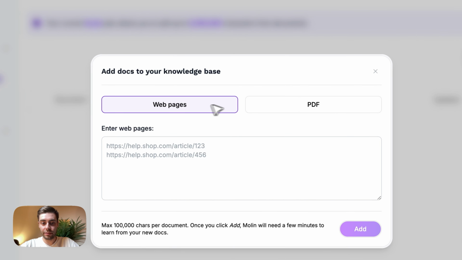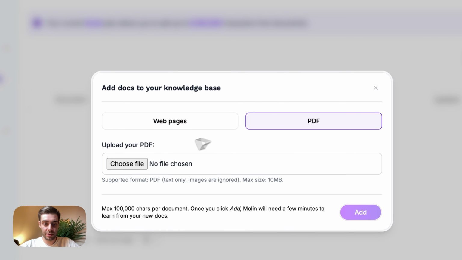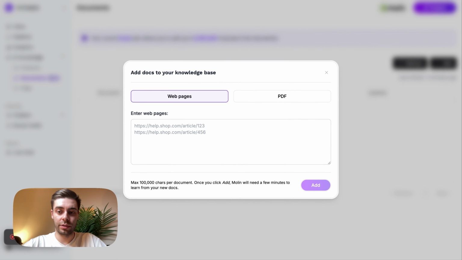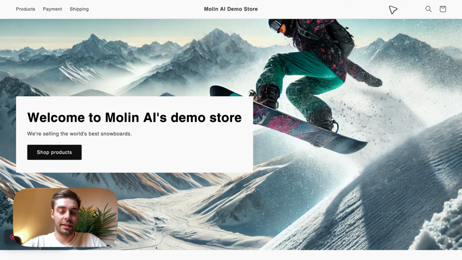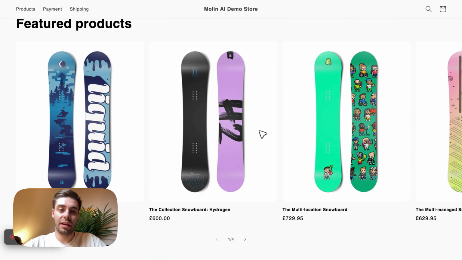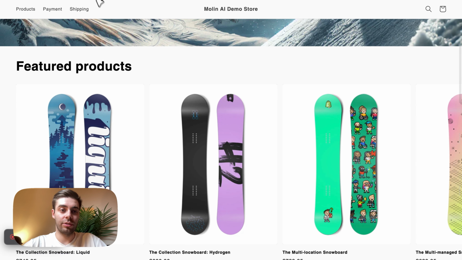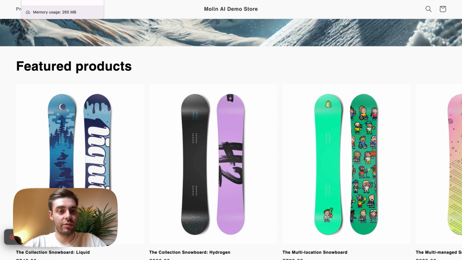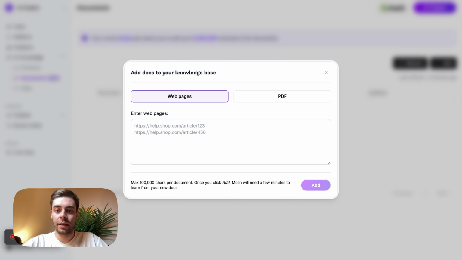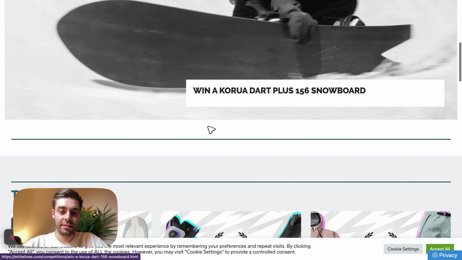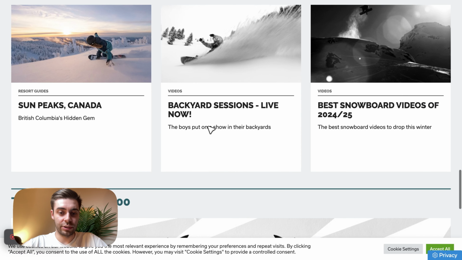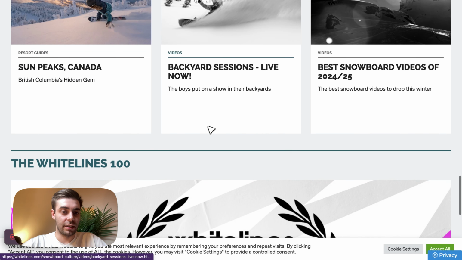In this modal, right away, there's web pages and PDFs. We are going to start with the web pages. The Molin demo store that I have is a snowboard store. This is a demo one, so I was thinking maybe we should add some content to the chatbot that has snowboard information in it. So I will just come back. I found this blog, White Lines, and basically they have a lot of information on product reviews and just lifestyle and culture,